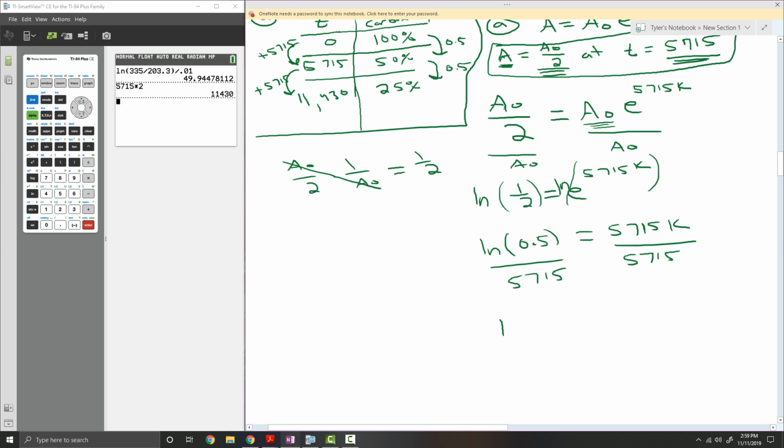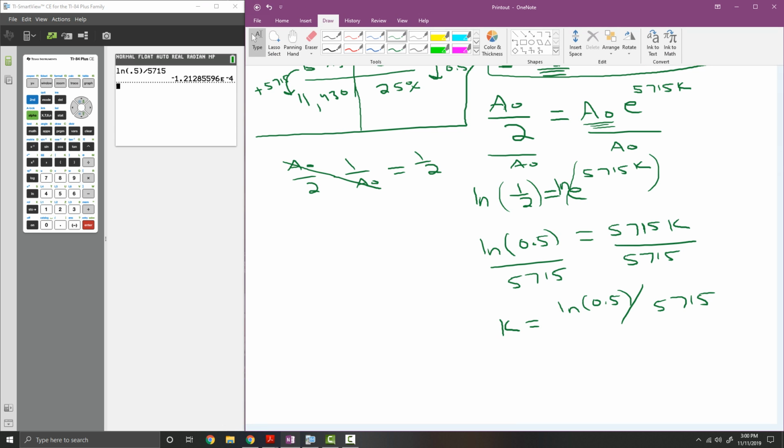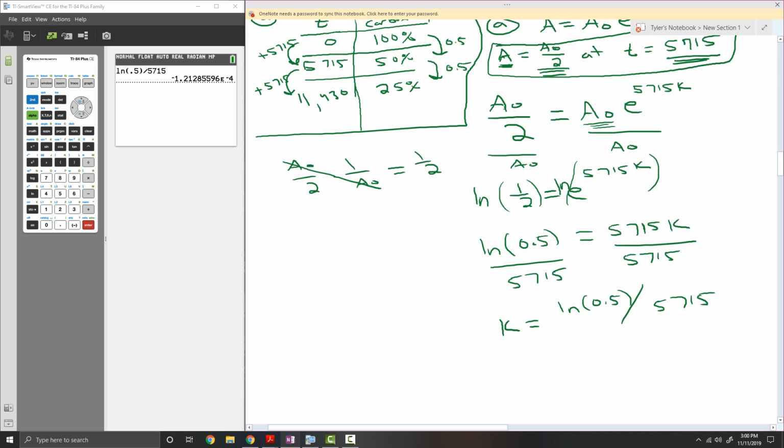And we get k equals the natural log of 1/2 divided by 5,715. We can plug that in our calculator to come up with an approximation, right? So we would take the natural log of 0.5 divided by 5,715, and we get this amount. Notice that this is an exponential notation, so let me make this clear. My answer I got was negative